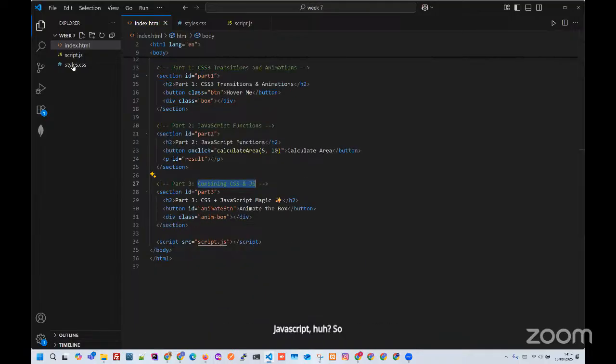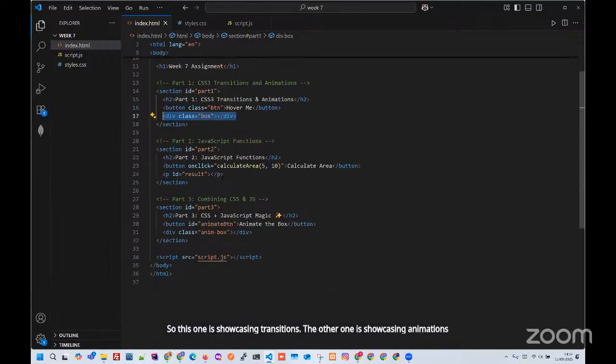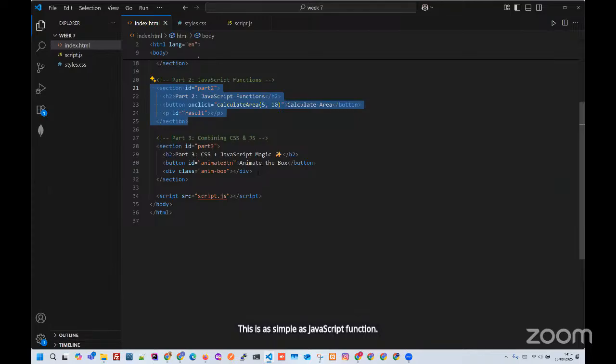So there you have your three files. I did a simple hover button and an animated box. This one is showcasing transitions, the other one is showcasing animations, this is a simple JavaScript function, and then we combine